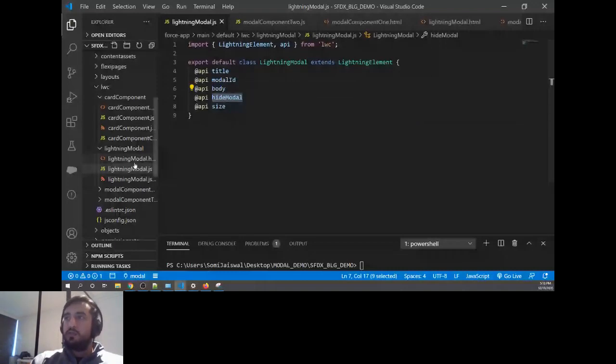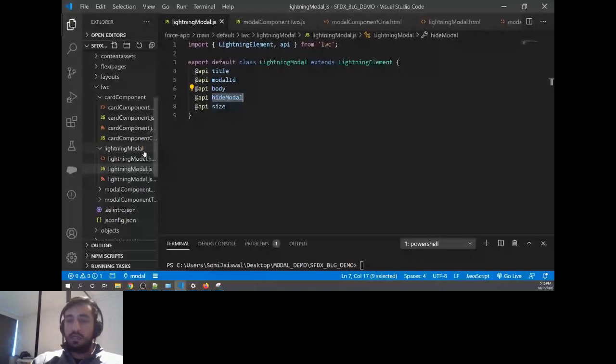Okay, so the first thing we're going to do is play with the body itself. We'll see how we can make the body so flexible that the user can send the HTML code itself instead of a string. To do that, there is an option in LWC called slots.